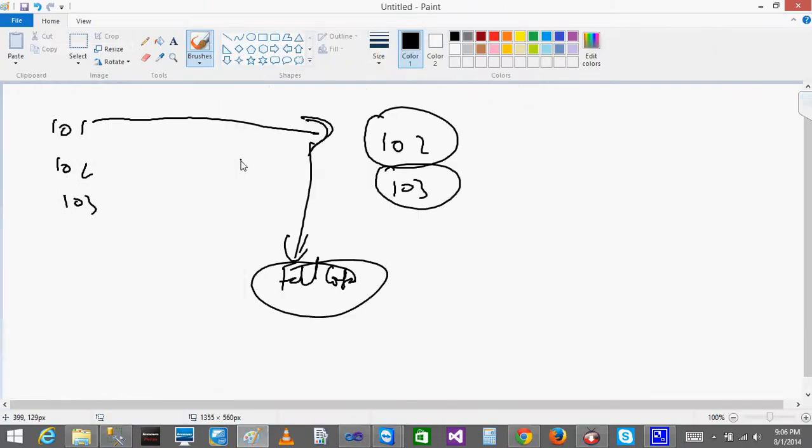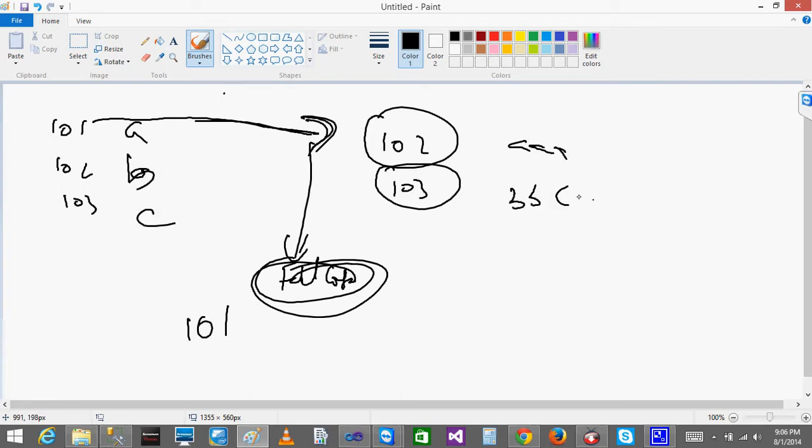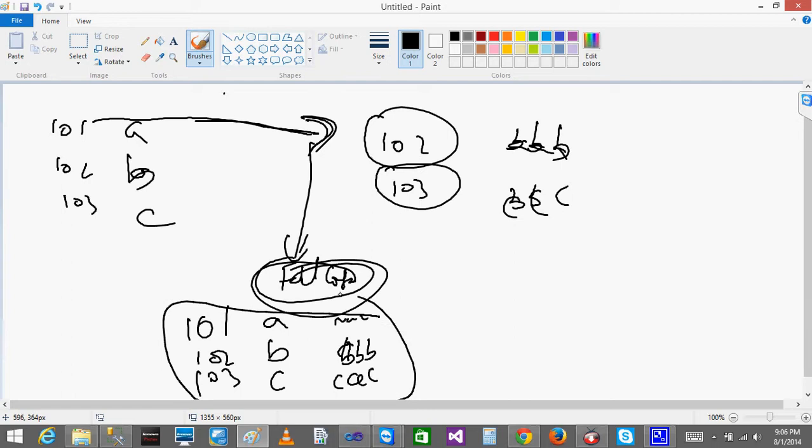what happens when you click ignore failure. So 101 will come and check. Okay, 101 is not there. Even though it is not there, it will get it, because you are just ignoring. Whatever is there, if it matches, it gets that name and address. So it is A, B, C, and the addresses are AAA, BBB. So if 101 is not there, it will just get 101 and A, and the address will be null because there is no address. If 102 is there, you will get B, and what is the address for 102? It is BBB. And it is CCC. So 103 is there, right? So you will get C, and the address is CCC, like this. Okay.